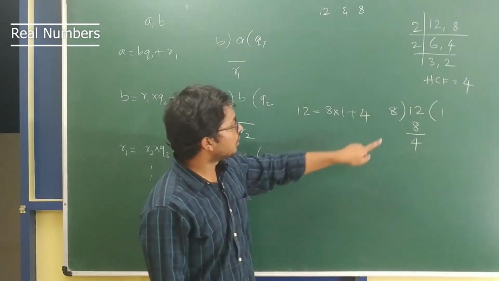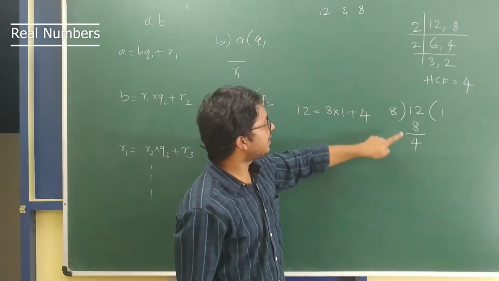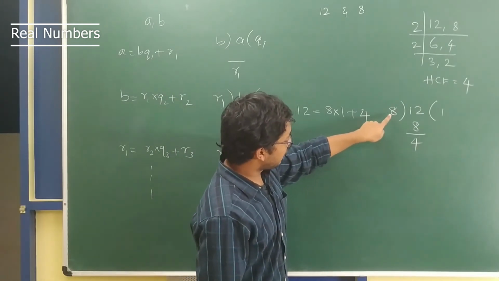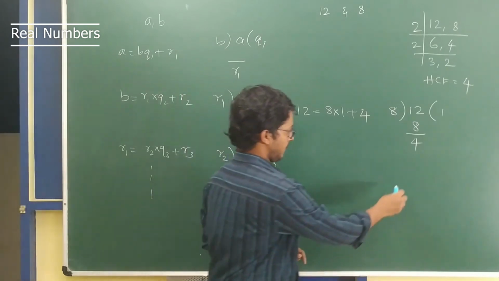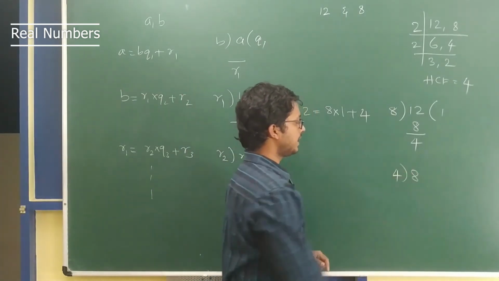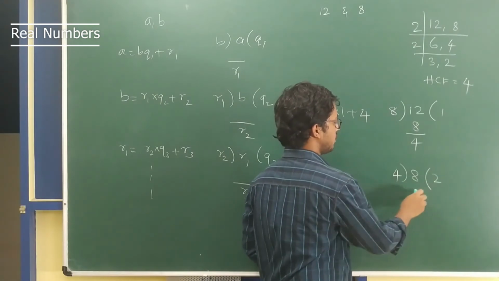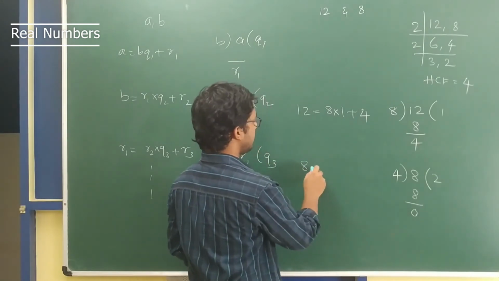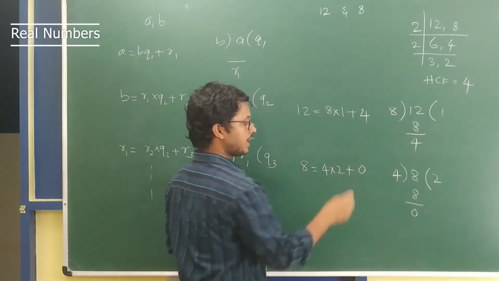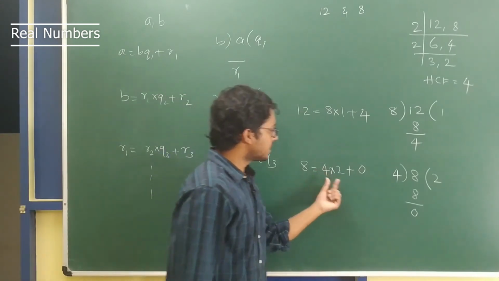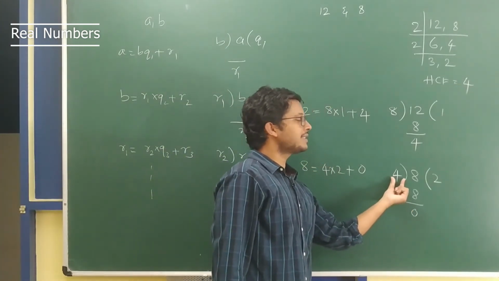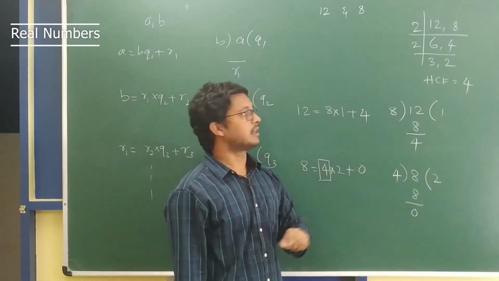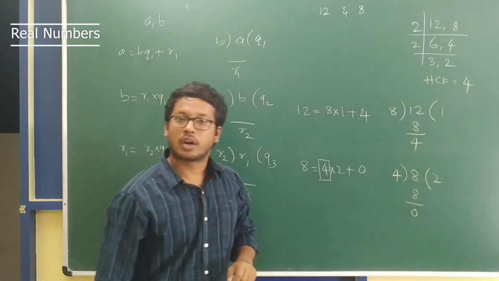So now what do you do? You take the previous divisor and the current remainder and you express the previous divisor in terms of the current remainder. So now we express 8 in terms of 4. Now how do we express 8 in terms of 4? We again take 8 divided by 4. So 4 2s are 8 and it becomes 0. Now the remainder is 0. So now 8 can be written as 4 into 2 plus 0 by Euclid's division lemma. As I said, once the remainder becomes 0, the divisor itself is the HCF. So this divisor, which is 4, is the HCF. Did we not get the same thing here? Yes, we got the same thing.